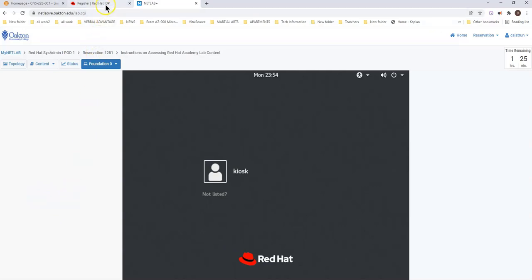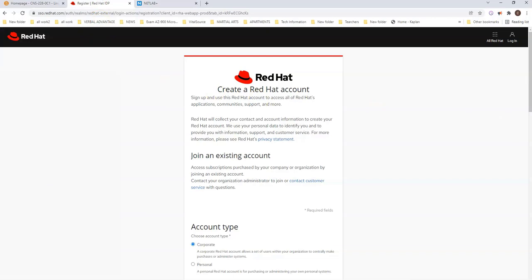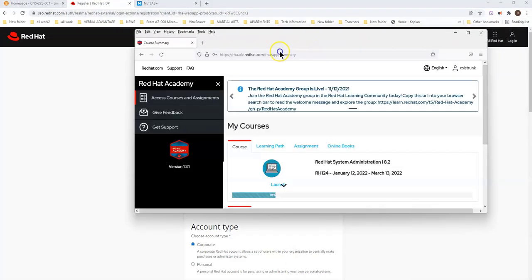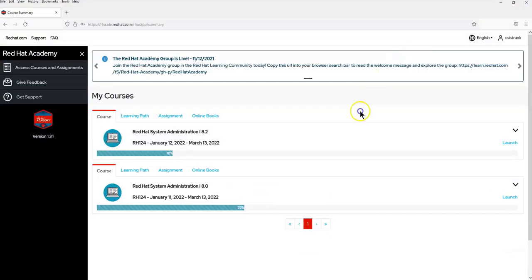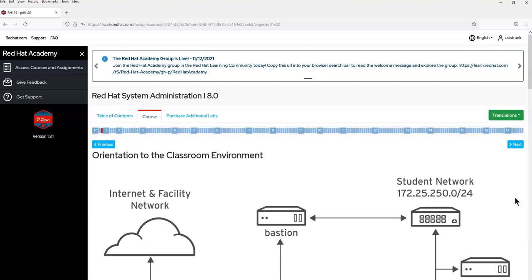So let's go ahead. Let's go back to Red Hat. Now I'm going to bring up the Red Hat portal so you will be able to see what is actually in the curriculum. Let me slide this over right quick. So you will sign in here. Once I receive that ID from you, I'm going to send you an email from Red Hat that will say you are in the class. And once you see this in your portal, you'll just click launch